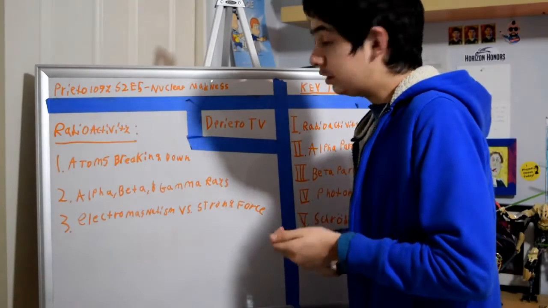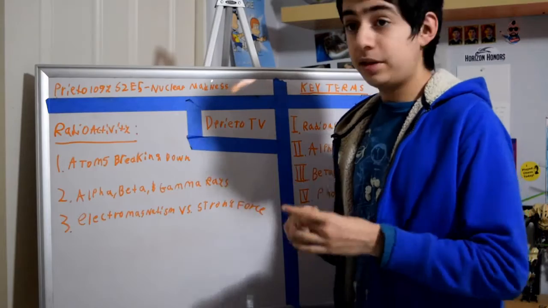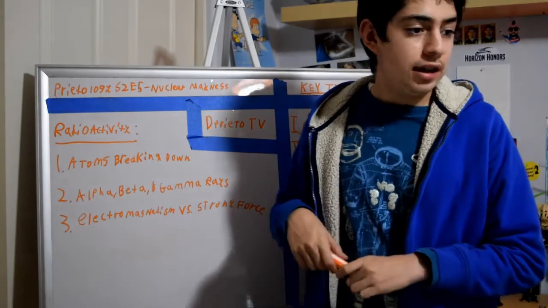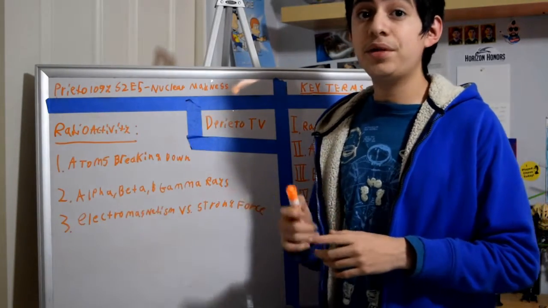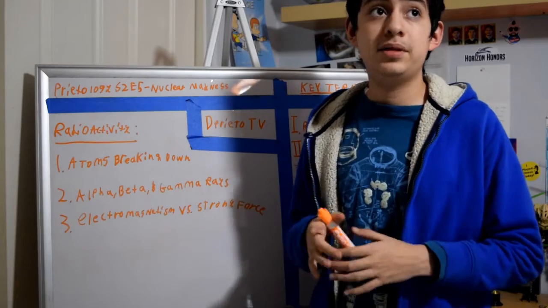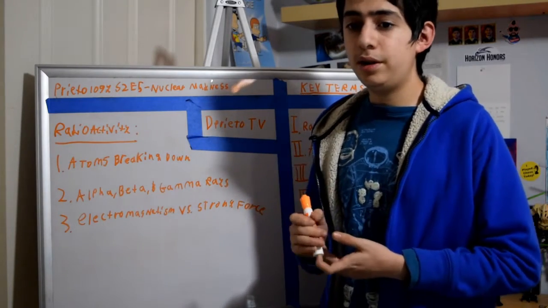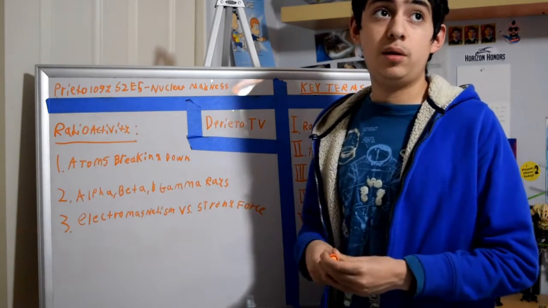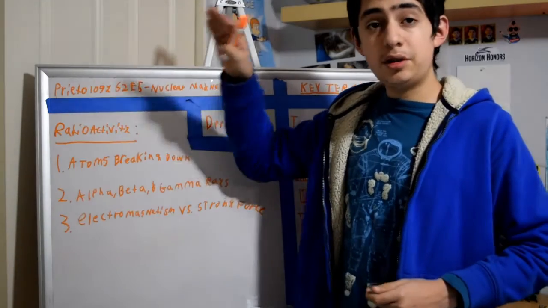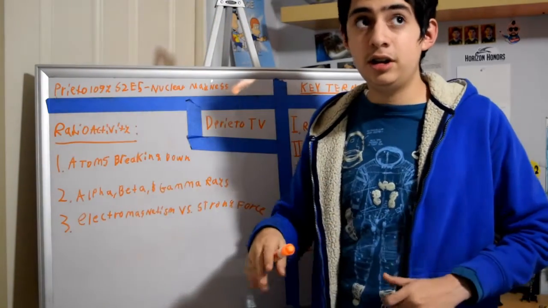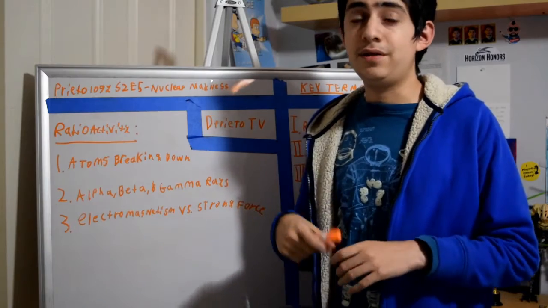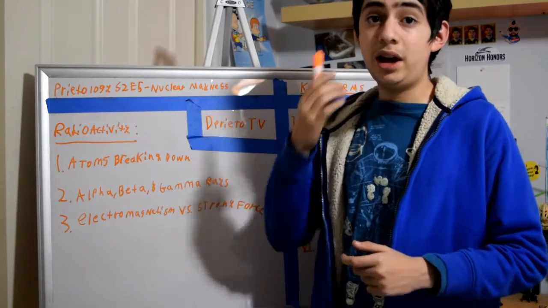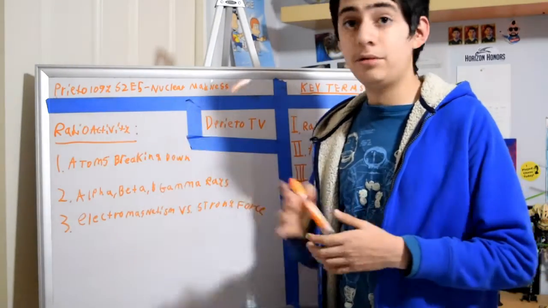Alright, so let's start with our first term, radioactivity. Radioactivity is the action that happens when atoms break down, so basically when they collapse on themselves. Radioactivity can affect atoms with more than 83 electrons because, remember, I think we talked about this in season 1, the number of protons of the element is also the atomic number of the element. So elements number 82, uranium and below, down to hydrogen, are all naturally stable except for a little few radioactive ones. But 83 and above are all radioactive and are subject to radioactivity.